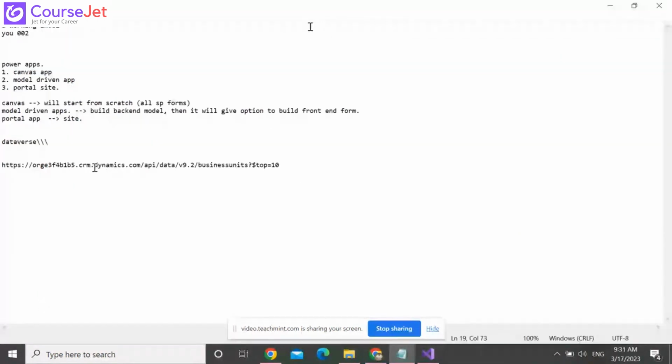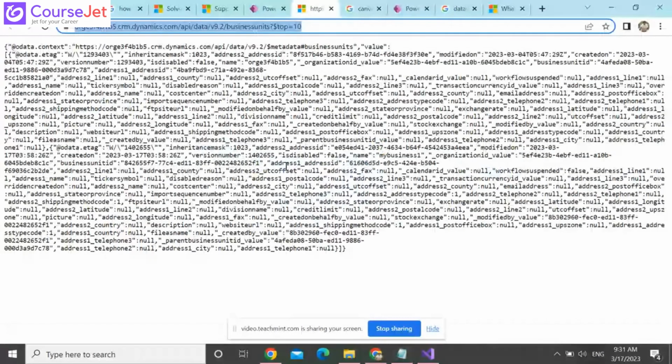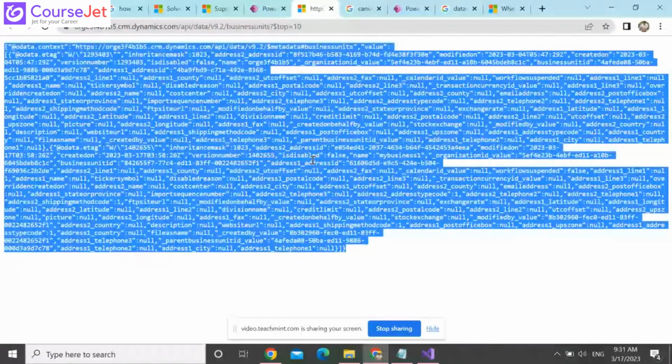Till this, it's the organization, that database API, and from here API data, and this is the table name. Business units is the table name we have seen. So from business unit, we are getting the top 10 results. That's it. Okay, if you see the data,